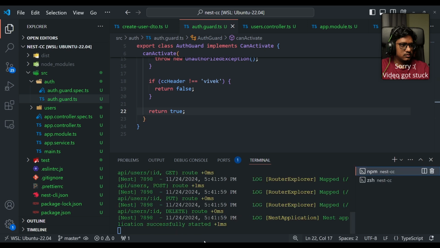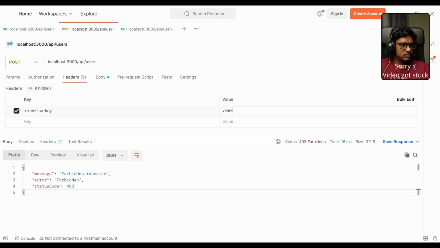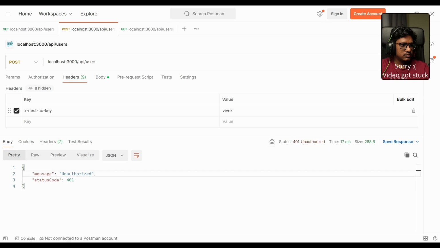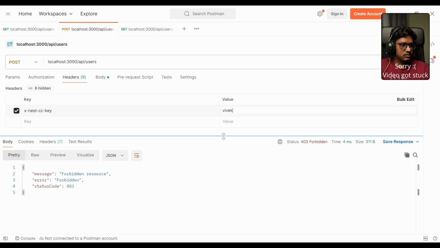I think in the background the server has already restarted. Now let's remove the header itself. And we got 401 unauthorized. Now we'll send the header with a different value, maybe Vivek1. Now we again got the same error, 403 forbidden. Now when we pass the correct value, Vivek, for this key x-nest-cc-key,